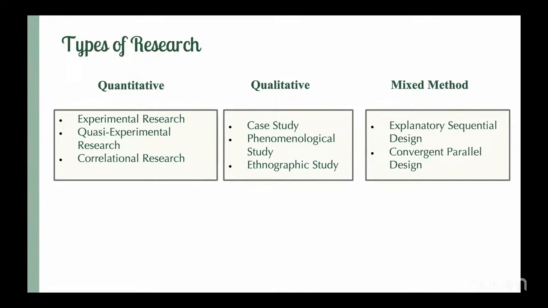And mixed method, of course: explanatory, sequential, and there are many more. I've taken only this particular study to show how we can go through. So we have a quantitative part where we first take, say, student engagement and academic performance, and we take quantitative scores. Then we want to explain those numbers: why, what, how. There we go for either interviews, focus group discussions, observations. So it is sequential, quantitative followed by qualitative, right? To understand the whole process.